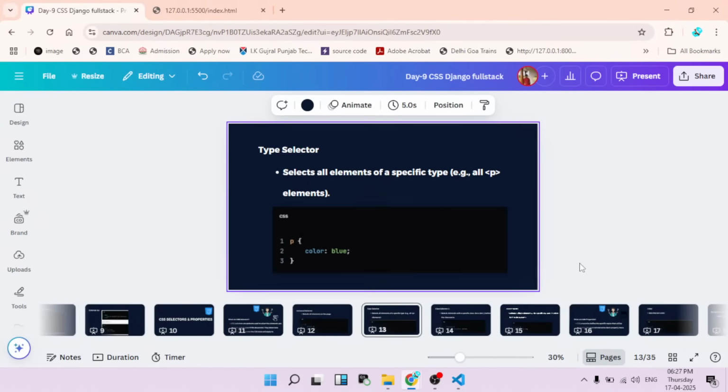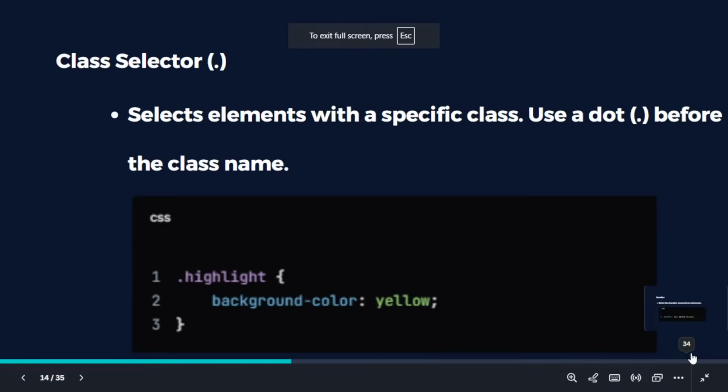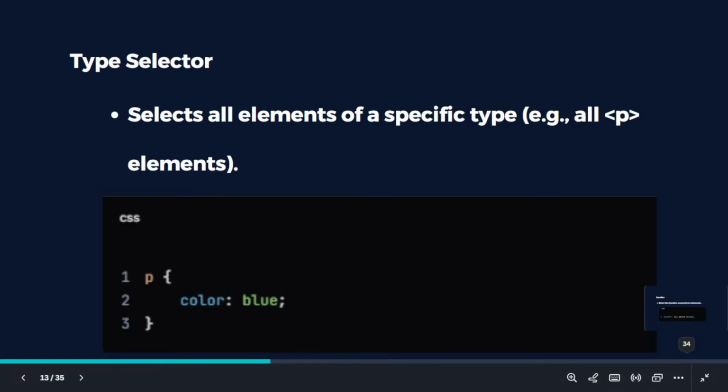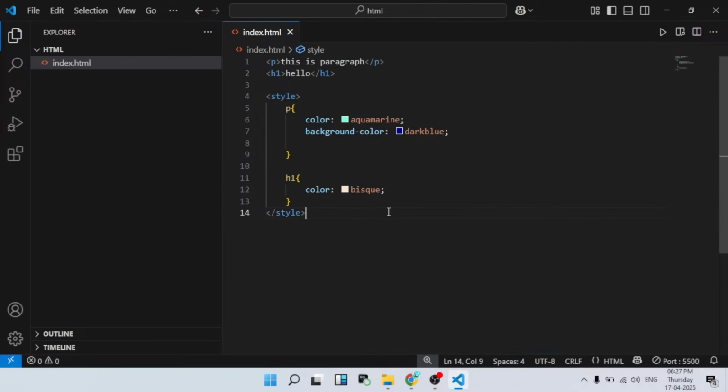And what are the other selectors? Now we are going to understand the class selector. Type and universal we saw last week. Class and id. Now we are going to see the class selector. I just remove everything,